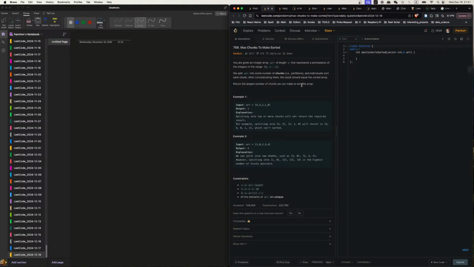So basically what we want to do is split them up into chunks or partitions, sort them, concatenate them, and make it into a sorted array. So in this case, it's not possible, right? Because when you chunk it, you have to make sure that, say, 0 is in the first chunk, right? So you basically go look for 0. Once you find the 0,